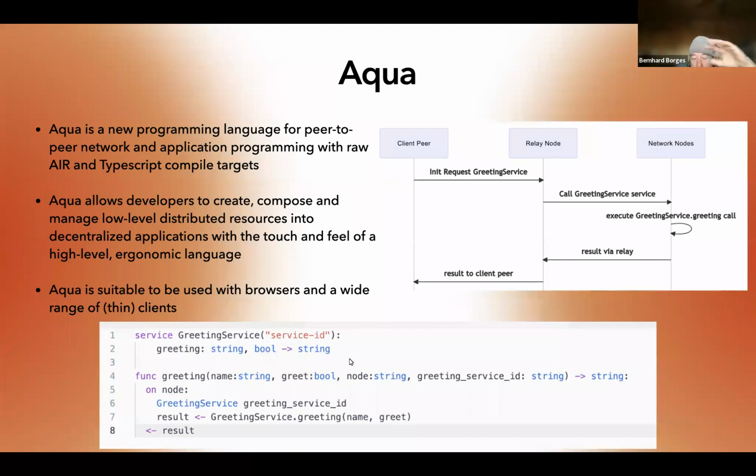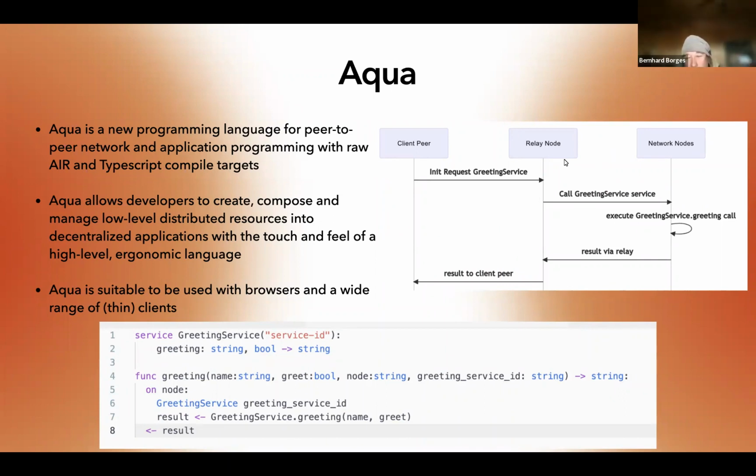The particle, simply stated, is that compiled piece here, those 8 lines, plus your data parameters, right? Your name, the type of Boolean, the node address, the peer ID, and the service ID. So we put all this together and we fling this out to this relay node. Let's just say we have a thin client, so we need a relay to actually get onto the network, and that's how we initiate our request. This is our request, and then the system takes care of you.